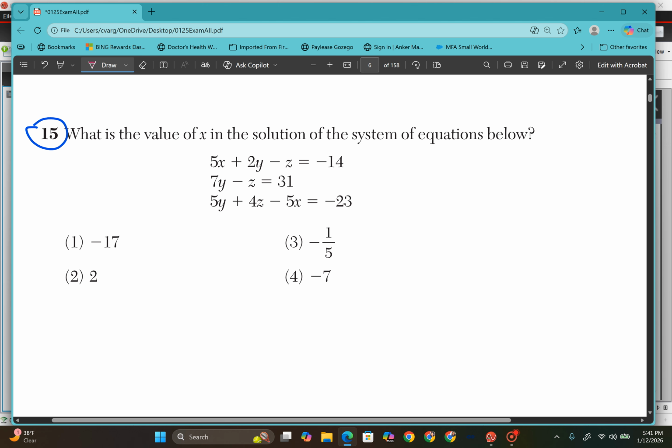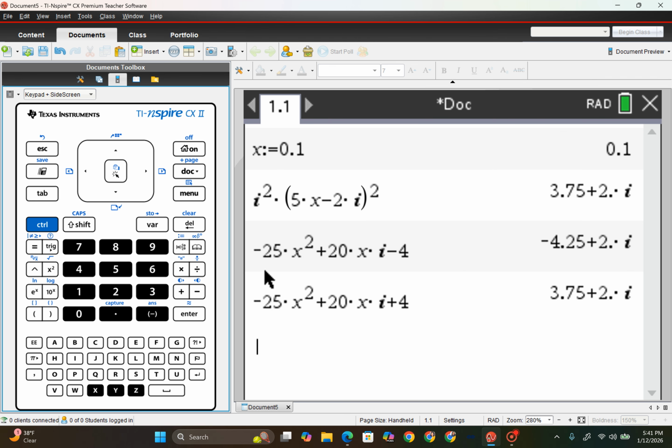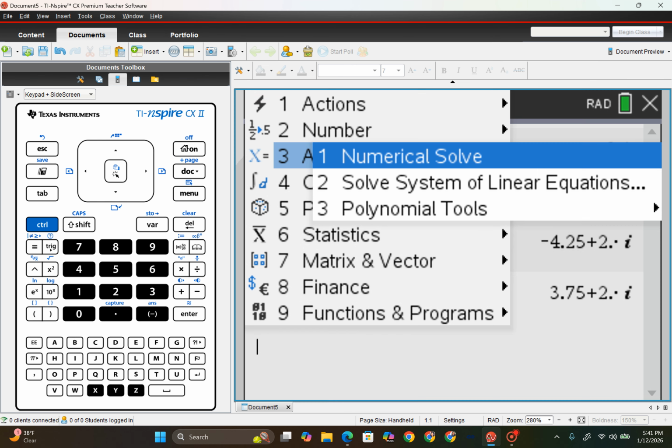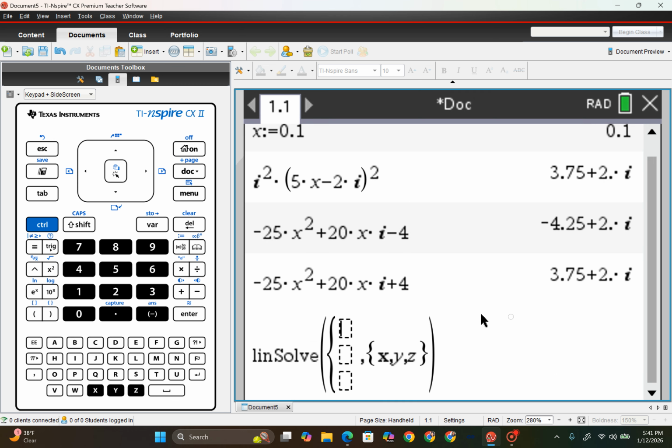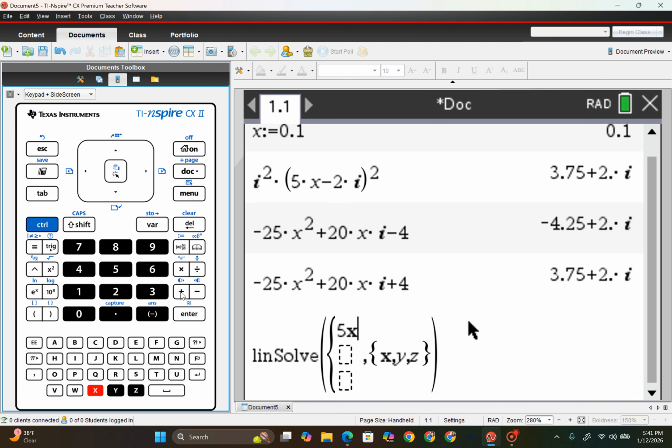For the next one, number 15, this is a straight calculator question. So we have x, y, and z. Where do we go in the calculator for this? We're going to do menu. We're going to go to algebra. We're going to solve a system of linear equations. Okay. So we have 3 equations and we hit tab and that'll put the third one there for us. And then we can just start typing this in. So 5x plus 2y